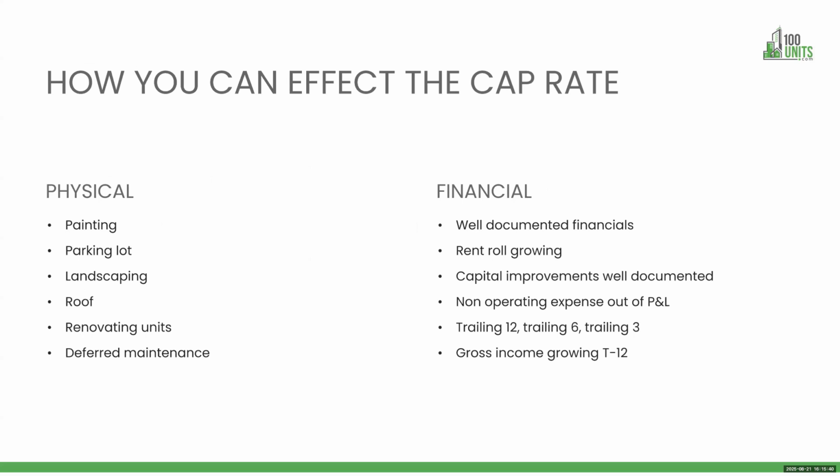The appeal of an asset and the return that a buyer is willing to accept can actually be influenced by the seller. Well, how would the seller actually influence what a buyer is willing to pay? Well, on the physical side of the asset, if you have an asset that's got a ton of deferred maintenance, is run down, doesn't look good, has bad collections, has a ton of vacancy, has old roofs, old parking lots,